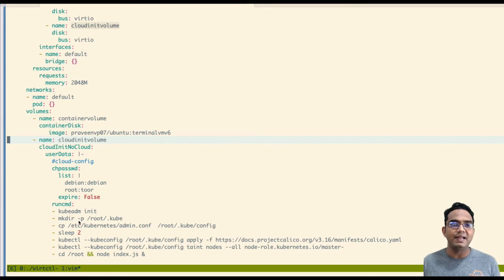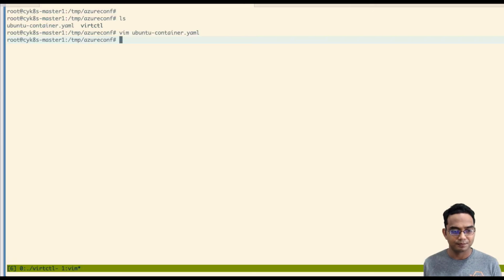Let's say your developer needs a throwaway cluster all the time to do testing and so on. So you can configure KubeVirt in your environment and then create these Kubernetes clusters using the VMs, which can be thrown away once the work is done. So there are many use cases like this which you can use for your purpose.